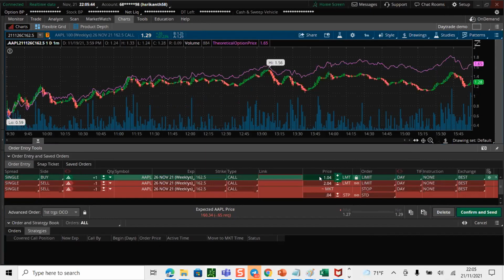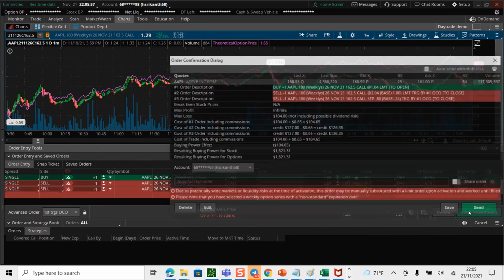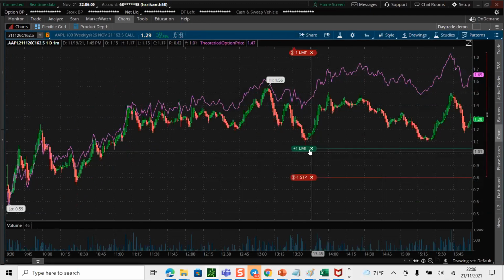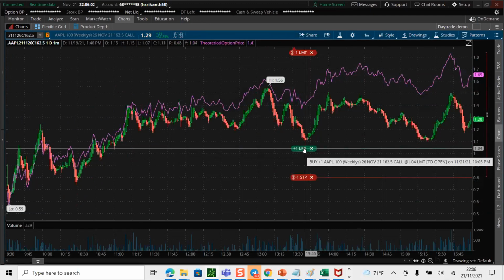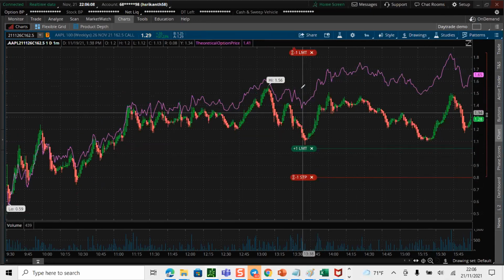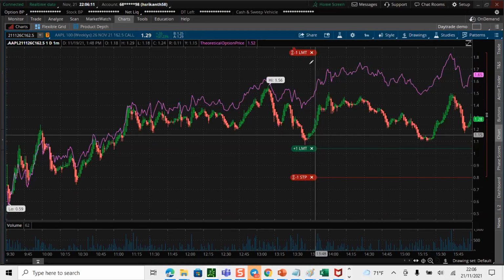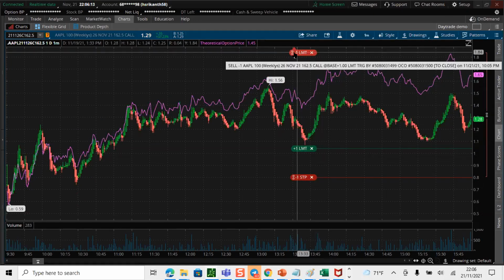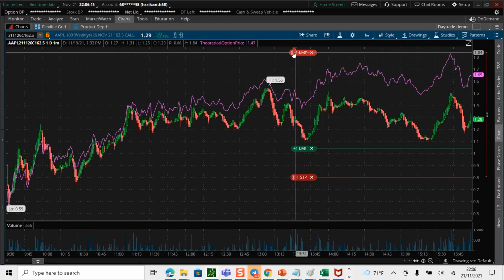I want to buy it at $1 and want to sell it at $2.04. At the same time, stop loss, right? You can set up 80 cents. You can set up this way too. See, I wanted to buy my option premium at around $1.04. The moment it drops, I'm going to buy it, and the moment after it buys it, I have a sell order at